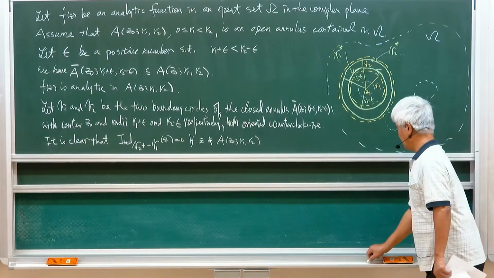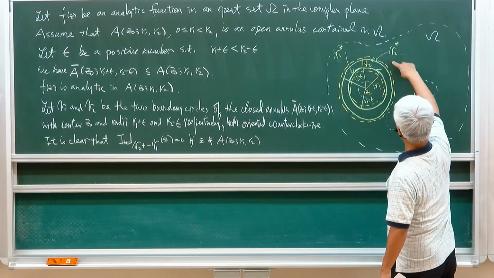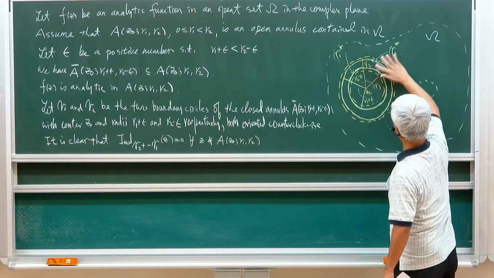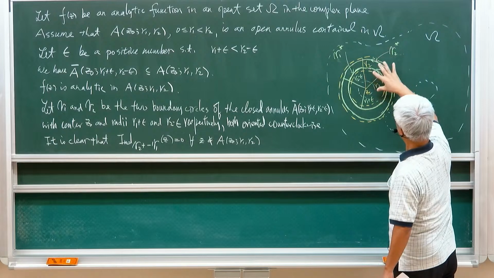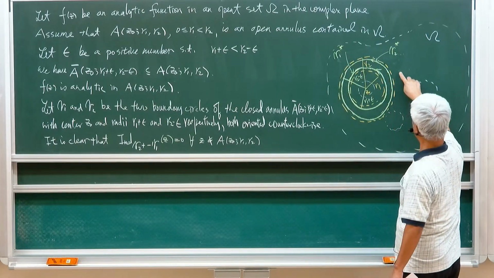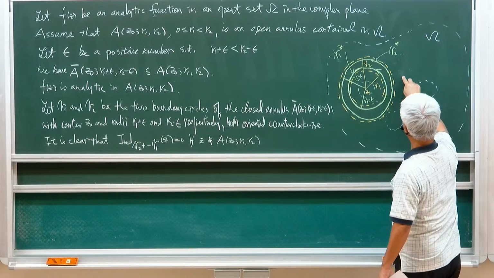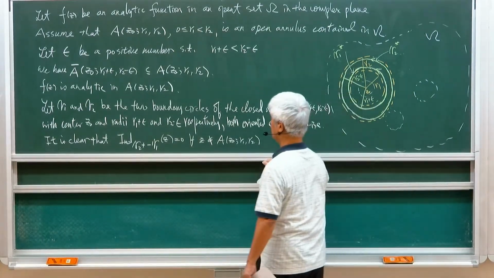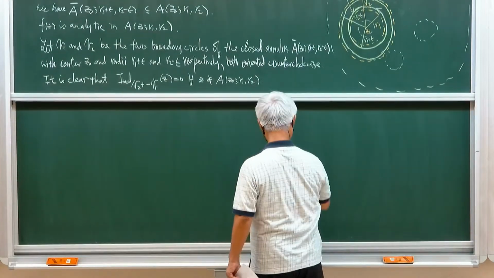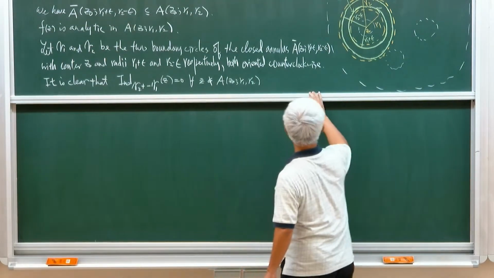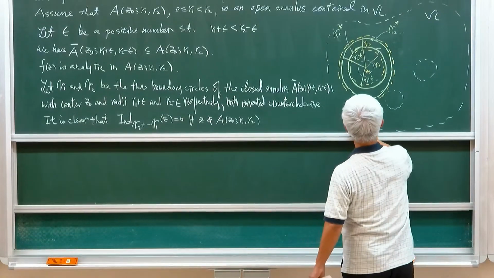Why? Well, if we have z outside the yellow open annulus, for example here,